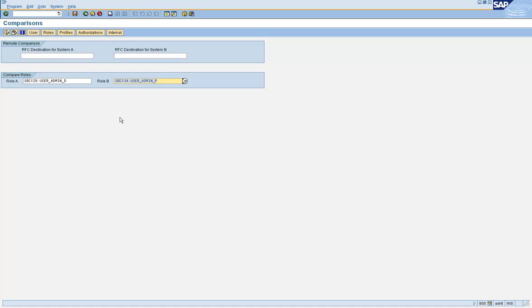Okay? And if all the values are the same, then you say, okay, something has been tested in the testing system, so you don't make your change yet. You wait till whatever has happened goes into production first, and then you make your change. Understand? So comparing roles helps in maintaining your security and avoiding authorization error issues due to overwriting of the changes.